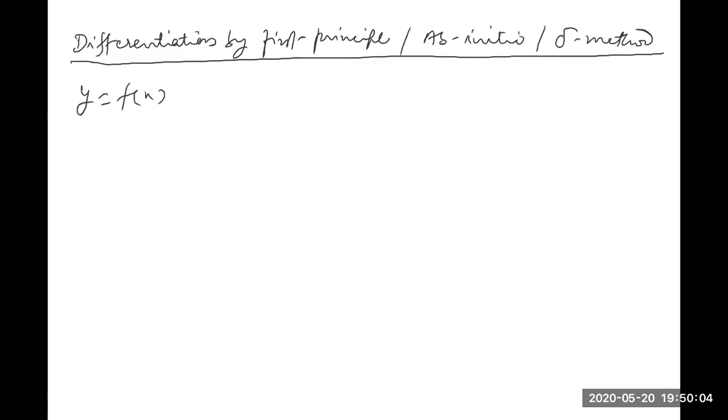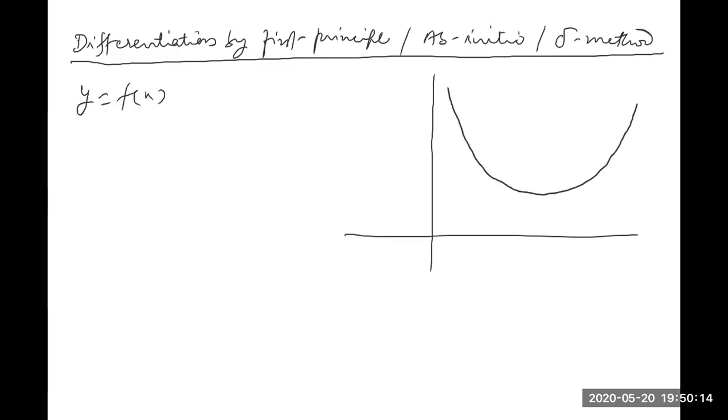This may be an increasing function, a decreasing function, or a constant function. So I am defining that function, let it be a function of this type, any function. Now I want to find the derivative of this at some particular point. What is the rate of change of this function when it is going from one point to another point? Suppose this is the point here, I want to check it.